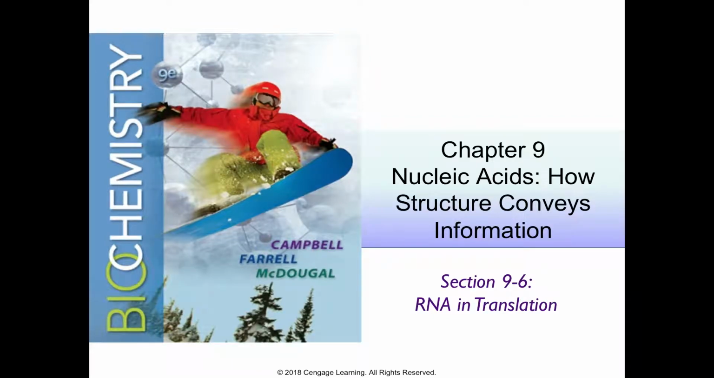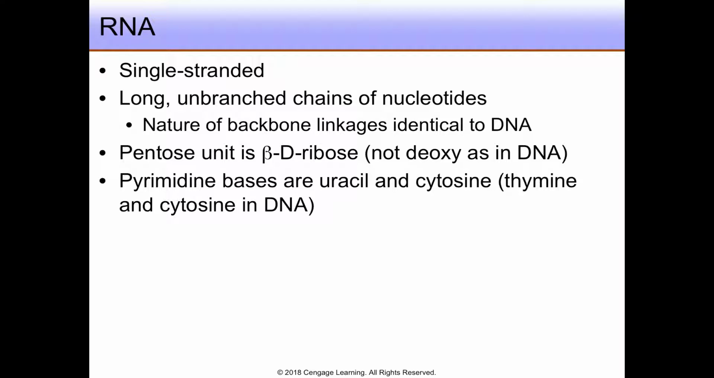Let's take a closer look at the structure and function of the RNA molecules that participate in the final stage of information transfer. Most RNA molecules are single-stranded, though they often contain regions of secondary structure. They are long linear molecules, that is, they are unbranched, and contain the same type of phosphodiester bonds as in DNA. The major distinction between DNA and RNA is that the 5-carbon sugar or pentose is beta-D-ribose in RNA rather